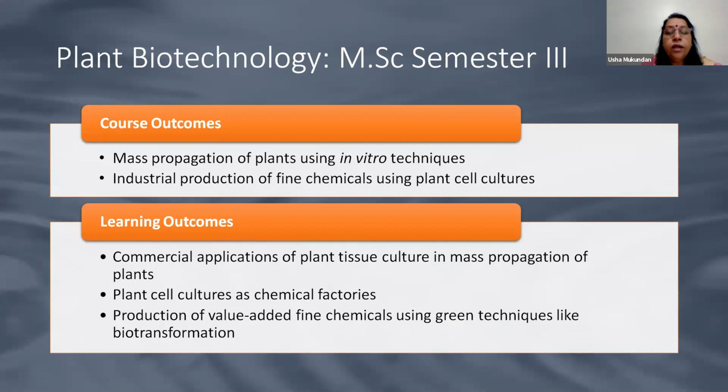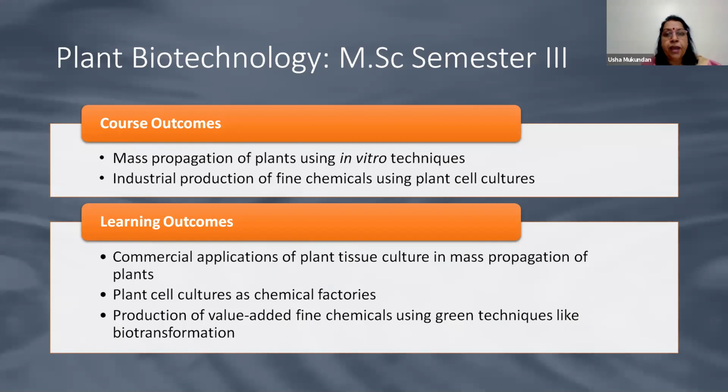And also, you know that plants have an array of chemicals, which we call fine chemicals or secondary metabolites. If you could have a system wherein these chemicals can be produced as and when required, in an industrial process, which we will call a bioprocess, that also you will be learning. Now, at the end of this entire course, in terms of your learning outcome, practically you should be able to perform.